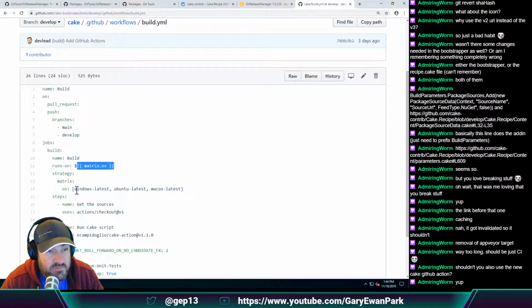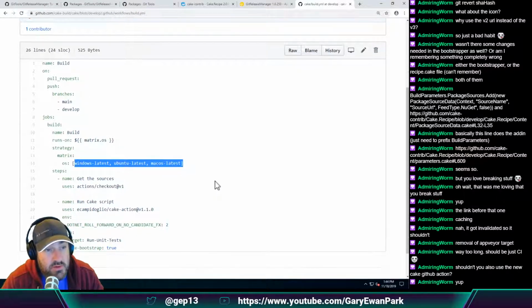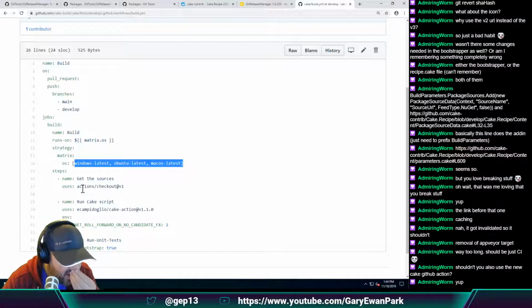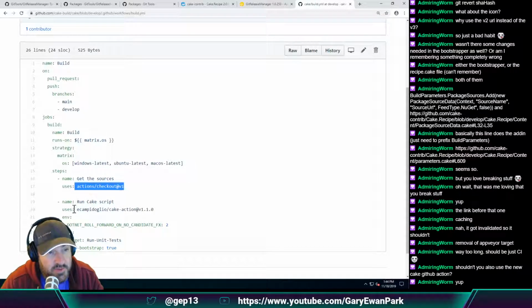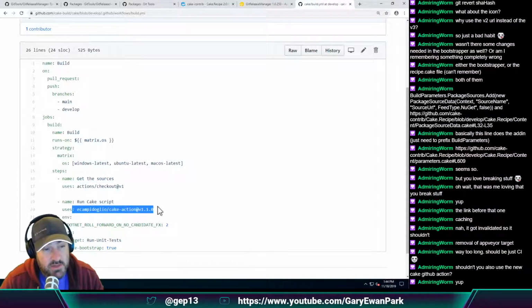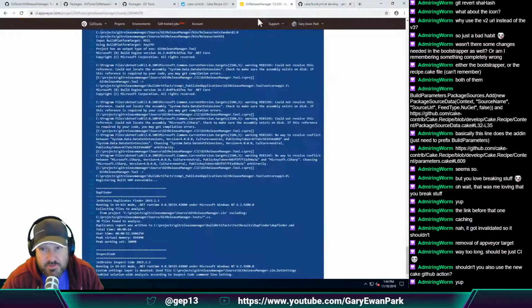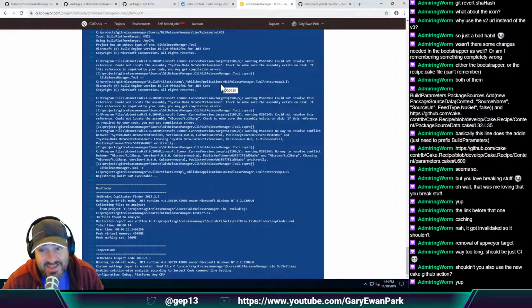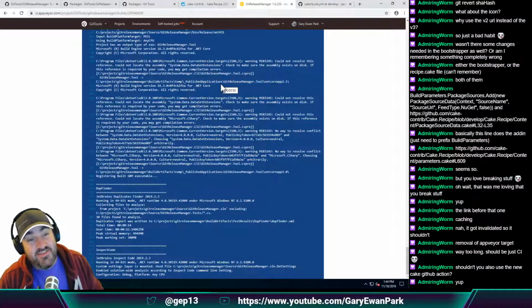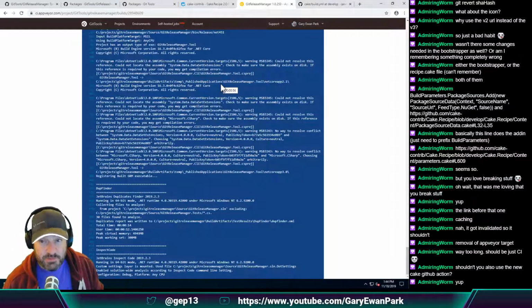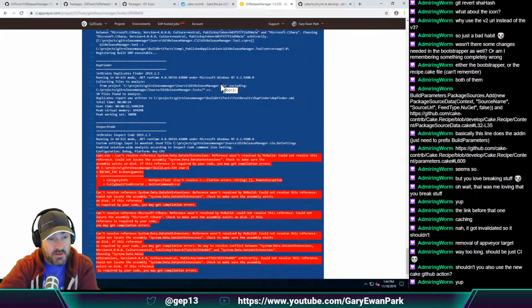It has a matrix for Windows latest, Ubuntu latest, and macOS latest, and it's got two steps in it. The first is to check out the code, and then the other one is to use Enrico's action and just call the cake script. So it's really quite simple. So yeah, we probably should at some point. Maybe not today. I want to get this publishing. If I can get this publishing, then we'll publish so that